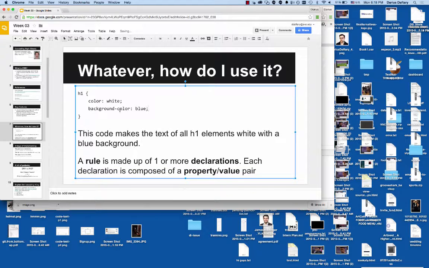Also, by the way, background color. If we do this, it won't work. Fail. And this is another thing that trips people up. In English there's a concept of uppercase and lowercase, and sometimes you use uppercase, sometimes lowercase, depending on the sentence. In CSS, your properties, your declarations, are case sensitive, so the case matters. Therefore, if you do this,